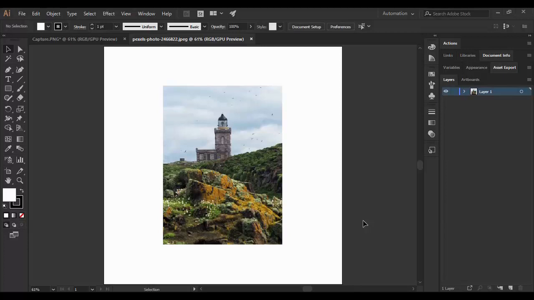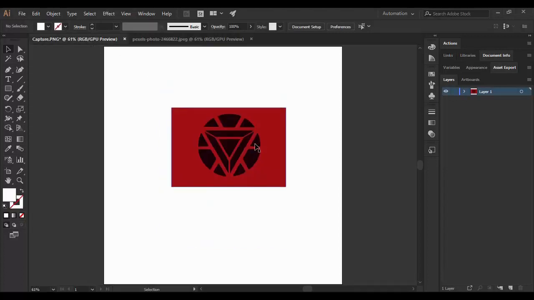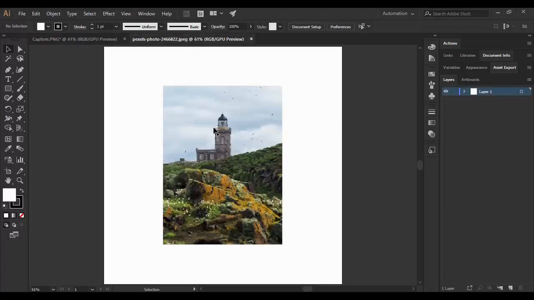So in today's tutorial, we are going to look at two different kinds of images. One is a natural image, which is basically a picture or a photograph. This is the kind of scenery that we have got. And first of all, we are converting it into a vector. And then using the same procedure, we have got this kind of image, which we are going to convert into a vector. Now, instead of a natural scenery that I have used over here,